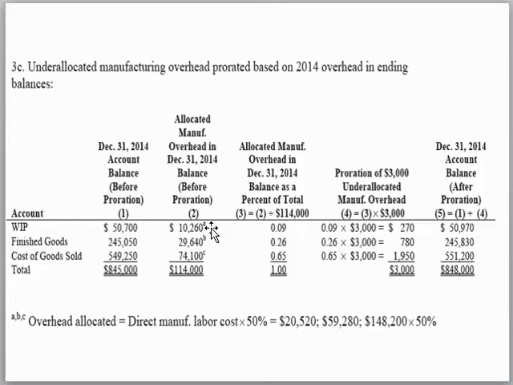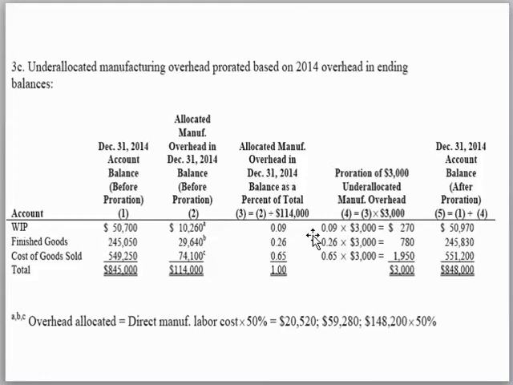Work in process overhead allocated 10,260 divided by the 114,000 to get the percentage which is 9%, and also for the finished goods, by dividing 29,640 by 114 to get the percentage which is 0.26, and also for the cost of goods sold 74,100 divided by 114 to get 0.65, and then we will multiply these percentages for each account by the 3,000,